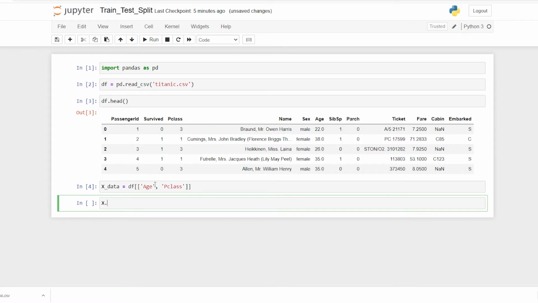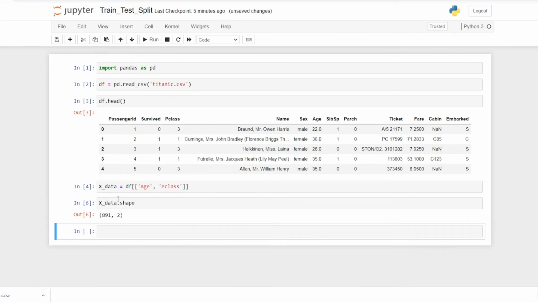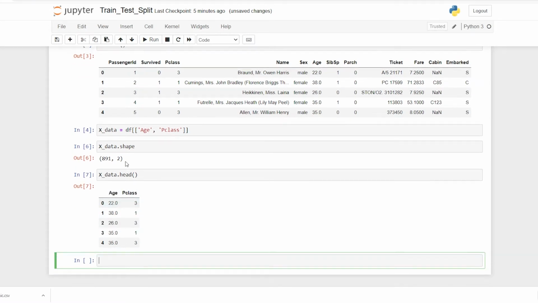Then I'll say x_data.shape. It gives me 891 rows with 2 columns, and x_data.head will print my first 5 values. So I'm only concerned with the age and the passenger class, nothing else.